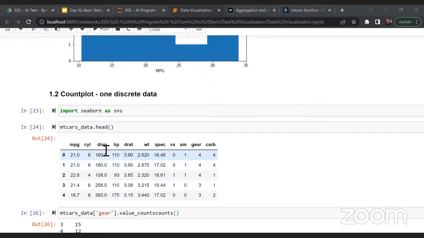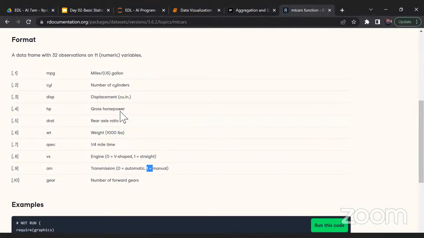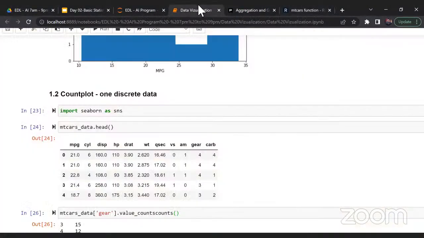Is horsepower discrete, Nabila? Horsepower is continuous. See this, gross horsepower, right? Power measured in units. That's the point. So I can't give this particular horsepower. Great. Now, can I give